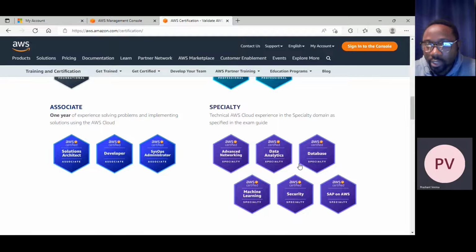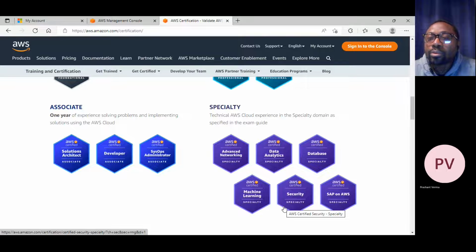If you are doing the certification for database, it will focus more on the database, and you have to take care of the database part most of the time. But before that, you should be clear with all the concepts. Otherwise, you will not be able to continue, because if you don't know VPC, you can't work on database, because database will be part of your VPC service.